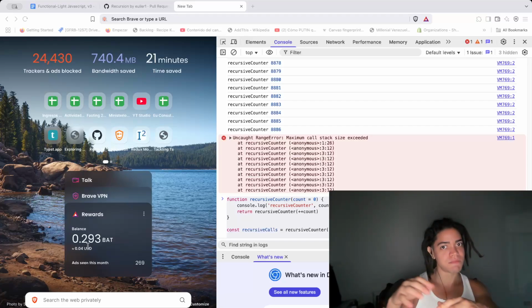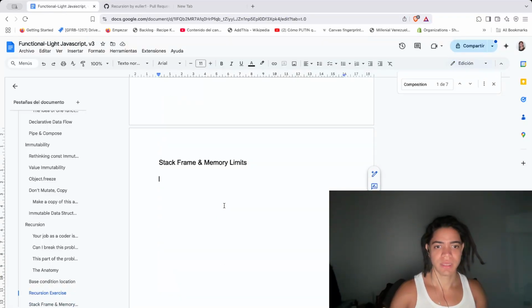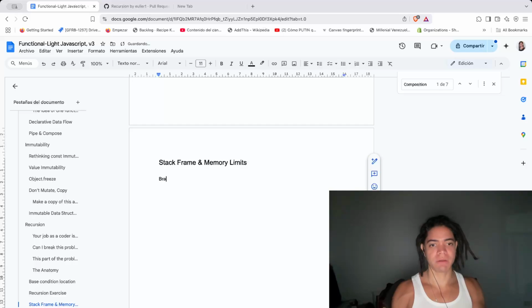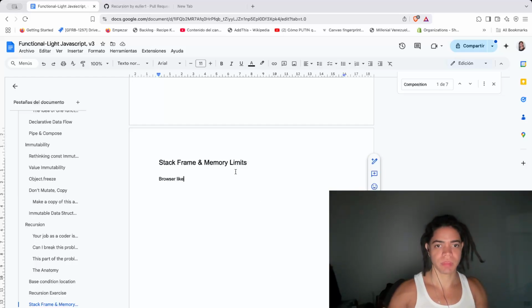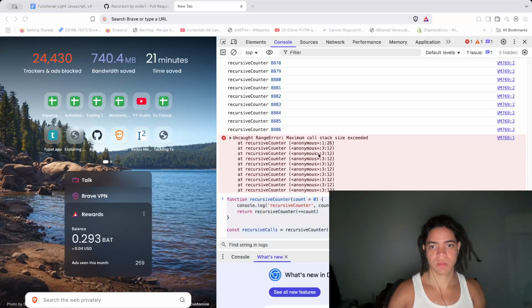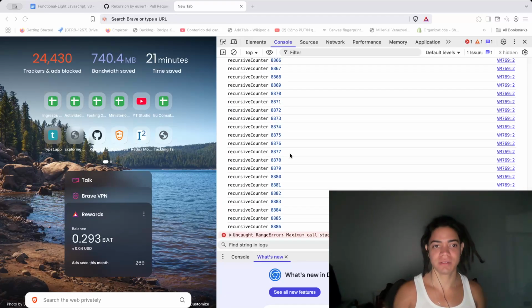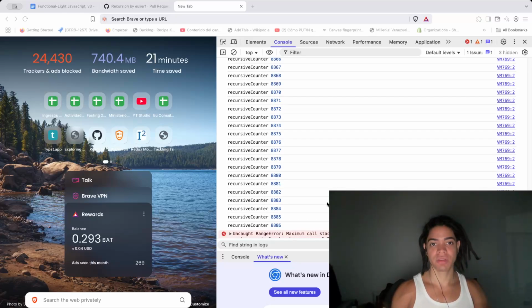And depending on the browser implementation, and let me actually put it this way. So stack frame, memory limits. Browsers, so browsers like, let me actually test this on Chrome. Okay, I'm gonna test this on Chrome. Wait, what? Okay. Interesting. Okay, okay. So that's interesting because now browsers based on Chromium allow you to run up to 80,000,